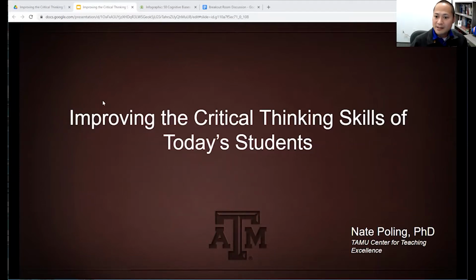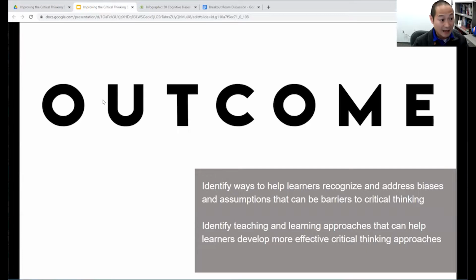Without further ado, let's go ahead and talk about some of the outcomes from this session. Definitely want to help you identify ways to help learners recognize and address biases and assumptions. We'll get more into that in just a little bit, because I think addressing the barriers to critical thinking is really key. We're also going to identify some teaching and learning approaches that can help learners develop more effective critical